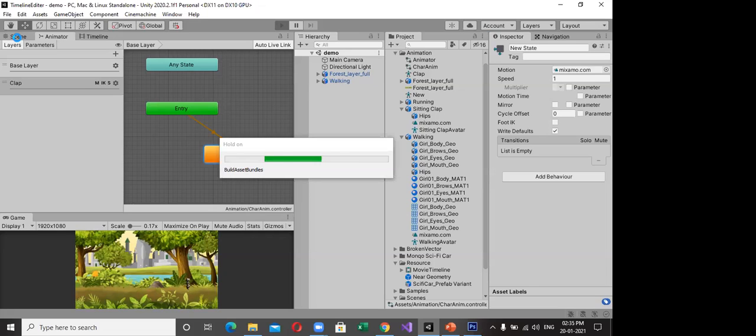That's the way we can manipulate a lot of animation work.